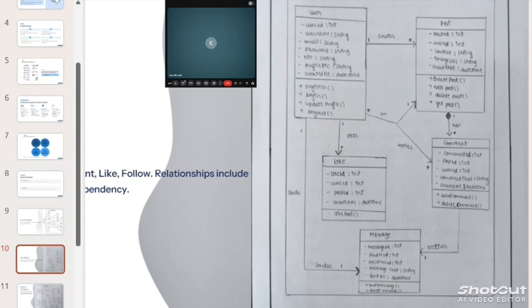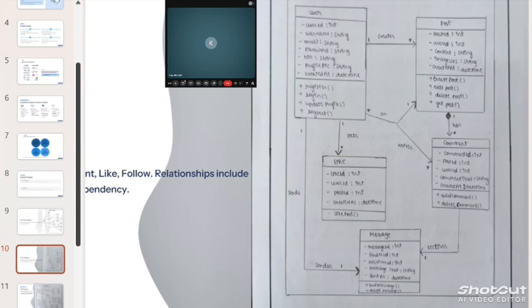User ID and post ID are attributes, and methods are things like register, login, update page. So here we have basically five entities, in which we have different types of attributes and